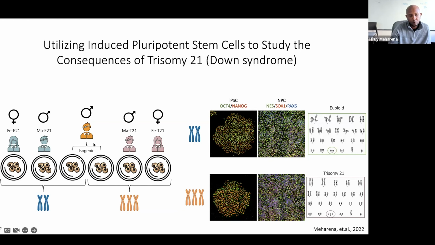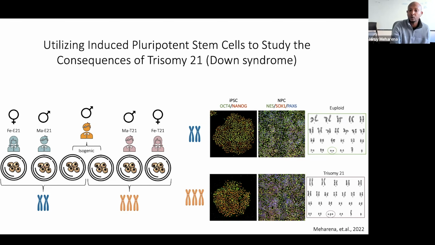And we generated these from an isogenic sample, where the euploid and the trisomic cells come from the same individual, minimizing genetic variation in our studies. But in order for us to ensure that what we are observing in this isogenic pair is also recapitulated in a larger cohort of individuals with Down syndrome, we took non-matched but sex-matched individuals, both male and female, from euploid and trisomic individuals. So we performed our Hi-C, or this 3D genome analysis,